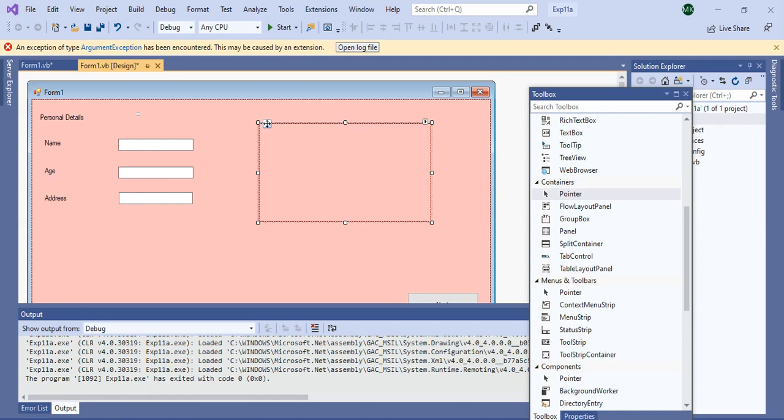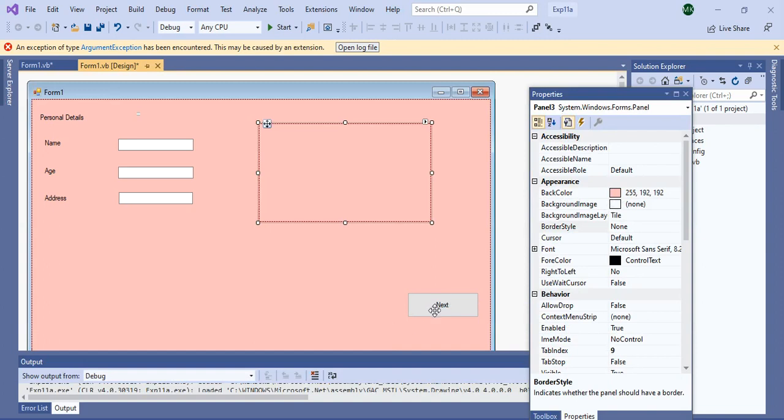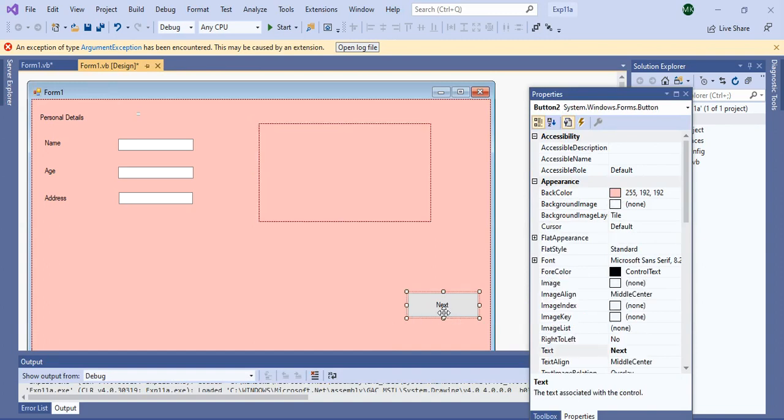After that, by right clicking properties, you can apply its back color, whichever you want. In this panel, you have to add one more button, on which you have to type the text next.